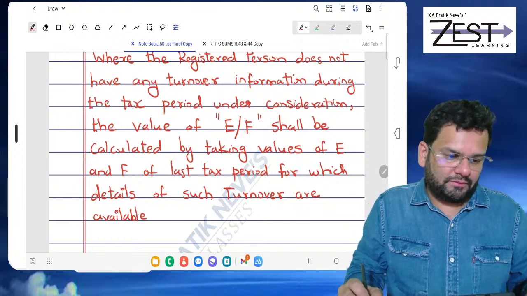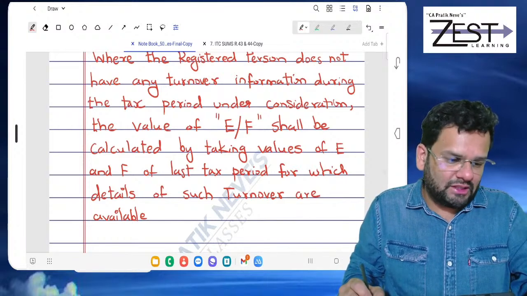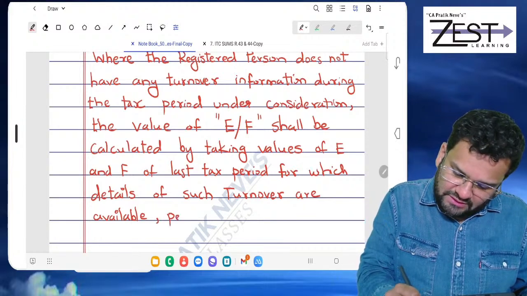Okay, full stop. For which details of such turnover are available, comma, previous